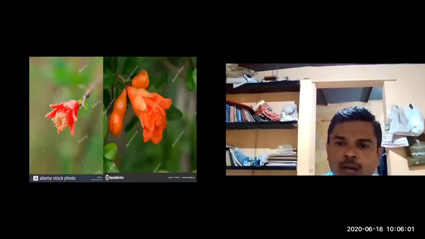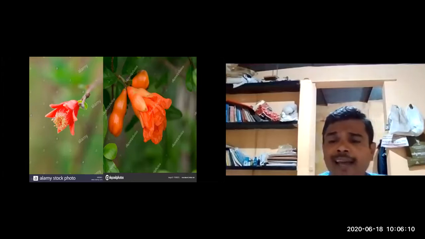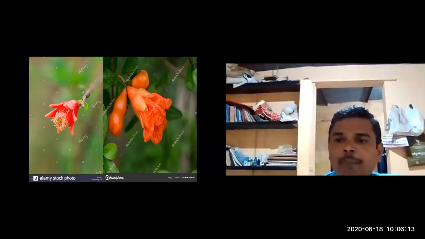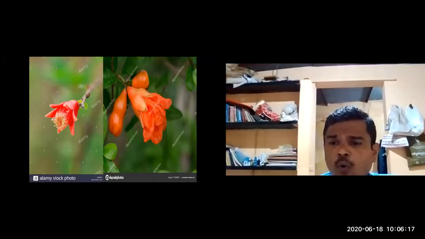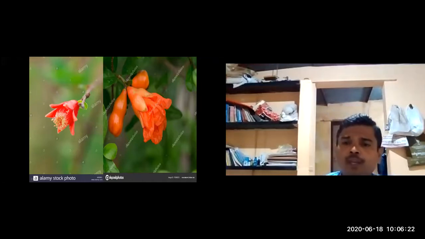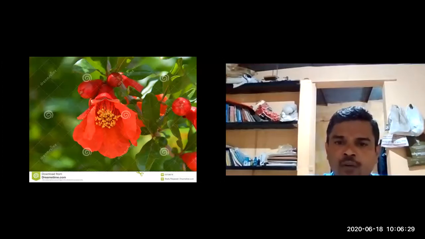So this is another picture of the flowers. Here you can clearly observe the flowers are terminal. There are 2 lateral flowers and 1 terminal. This is a character of cyme inflorescence. This is because the terminal one is the oldest and these are the young flowers. Okay, this is cyme inflorescence. If the 3 flowers are together, this is the nature of cyme inflorescence. So this is another picture you can observe in different views. So the flowers of dadima.